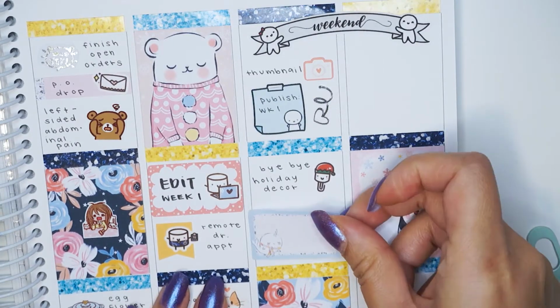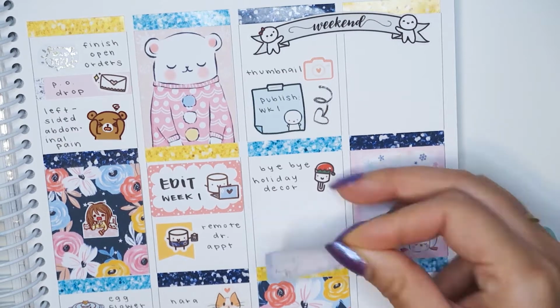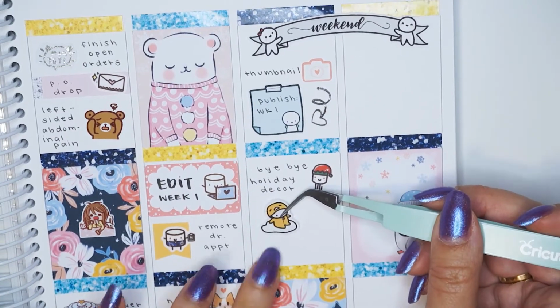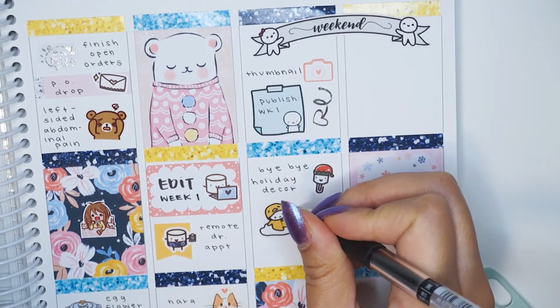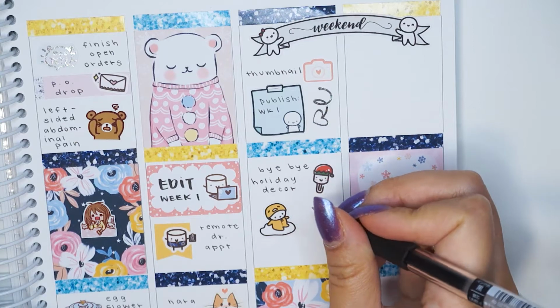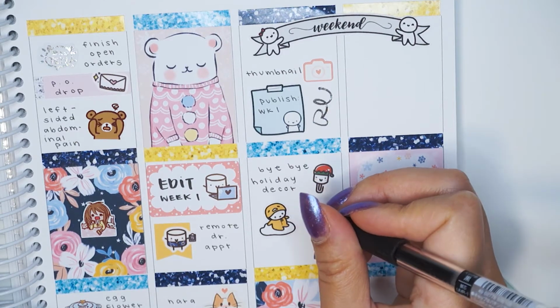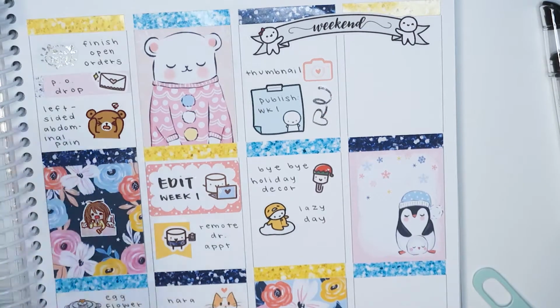I don't know if he's actually happy with it, but it's like I make the mess, I do the decorating, the cooking, and he does the cleanup and the organizing. And I was still feeling the pain in my side, so it was a pretty lazy day. I love this little Gudetama sticker from Once More with Love, and it wasn't totally a lazy day because later on in the evening,